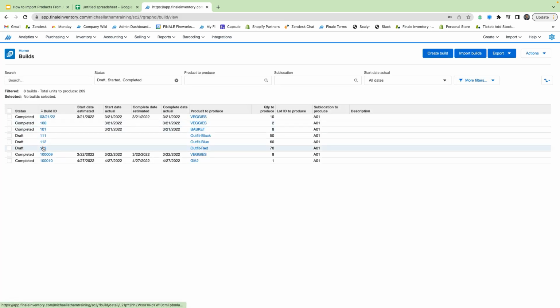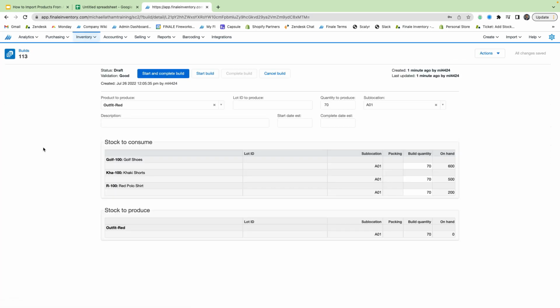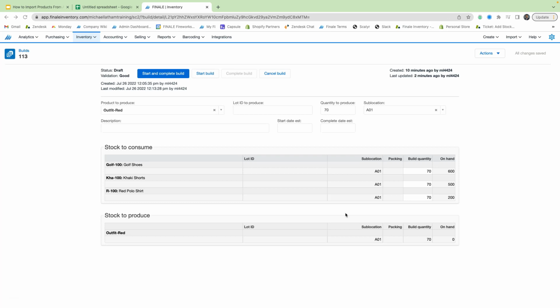So if we go into 113, this is our red outfit. We see here that our product ID to be consumed is the correct bill of materials, that red polo shirt, khaki shorts, and golf shoes. And we're going to be producing 70 of this outfit. So this is all looking good. From here we can go ahead and either start the build or start and complete it. Either is fine. If you'd like, you can also bulk import the status to batch complete or batch start orders